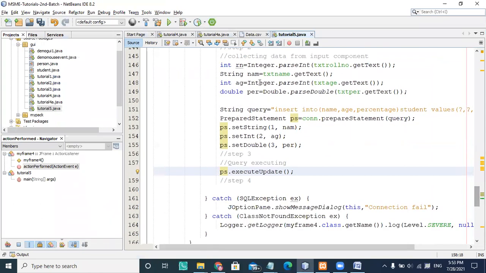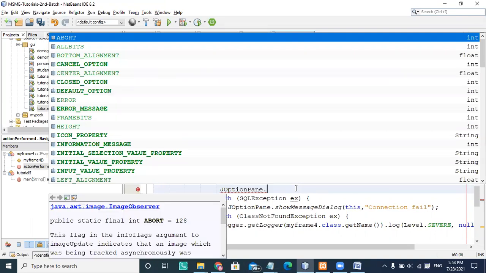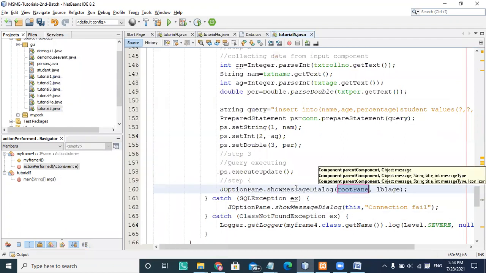So this is my query executing, and I execute this update. And for user reference, I'm choosing a dialog box here, saying show message dialog, and here I'm writing the message: Record inserted successfully.